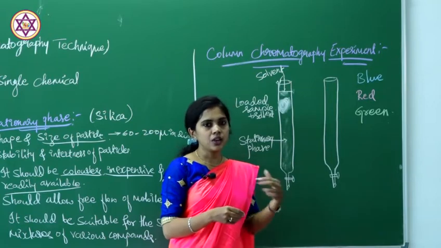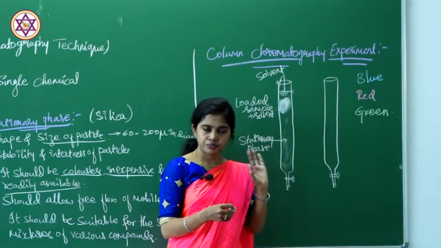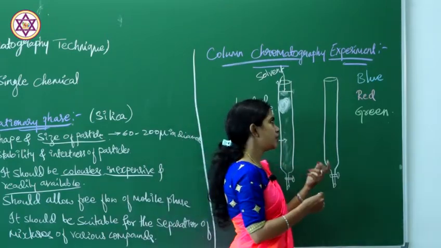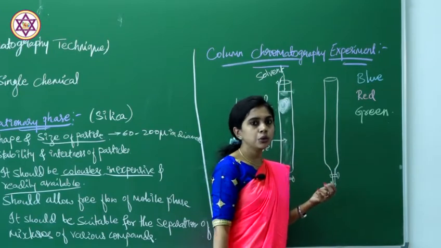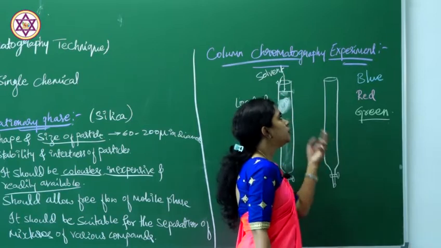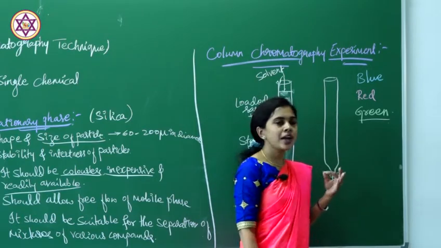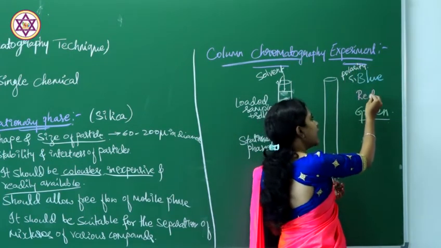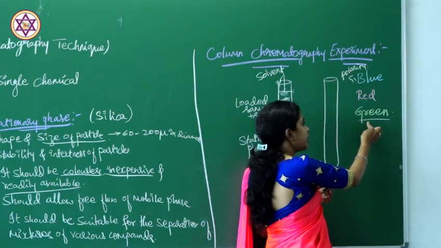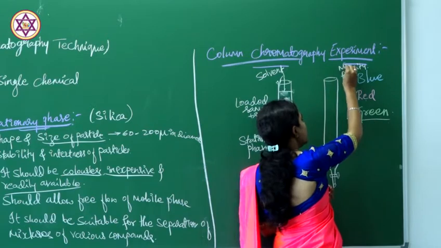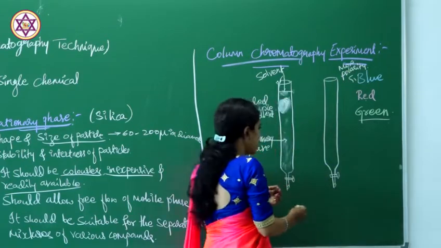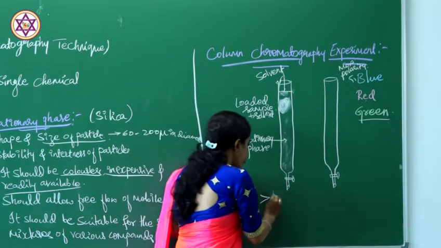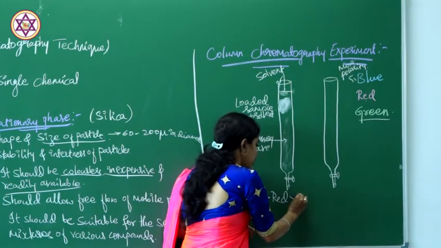Okay, for example, if I have one mixture having 3 compounds. Silica is colorless. We have a 3 compound mixture. One will be blue. Let me take ink only. Blue, red and green. Blue is going to have high polarity in nature than red. Red is high polarity in nature than green. This is more polarity in nature, or we call it high polarity in nature. That is, blue has high polarity than red, and red has high polarity than the green one.